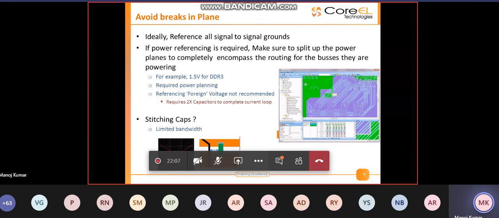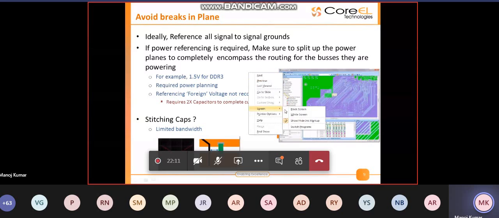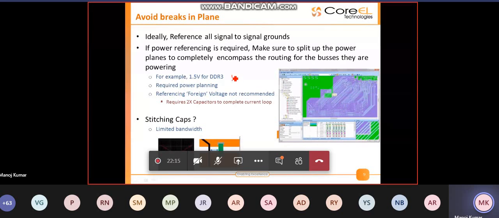which can be simply calculated. The bandwidth of a signal can be simply calculated by 0.35 over the rise time of a signal.